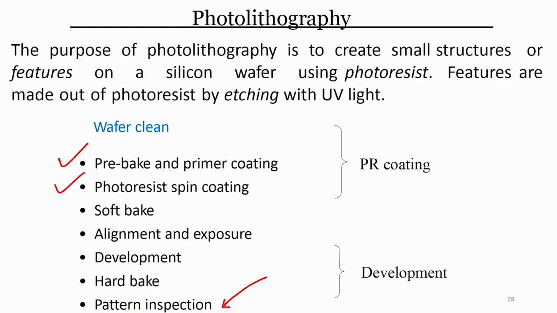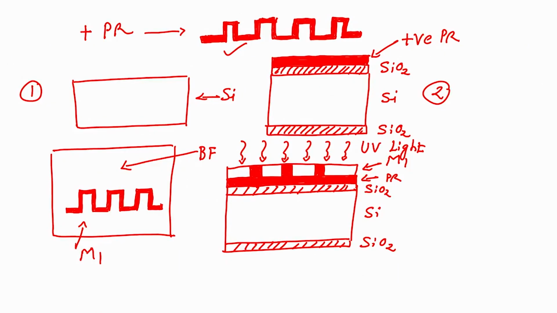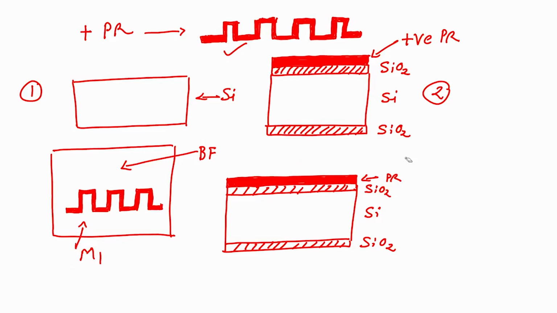So, let us go back. So, we have done pre-bake, primer coating, yes, I said okay, let us consider primer coating is done. Next is photoresist spin coating done, soft bake done, alignment and exposure done. Next is development. Development of what? Development of photoresist. So, for developing photoresist, the first step would be that you have to take out the mask, you have to unload the mask. So, after this step, next step would be to unload the mask from the photoresist and